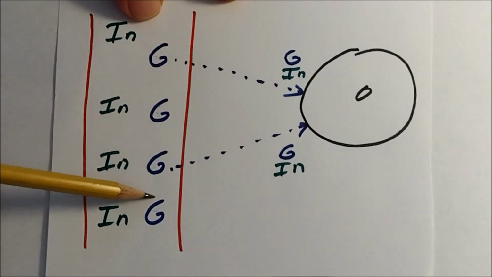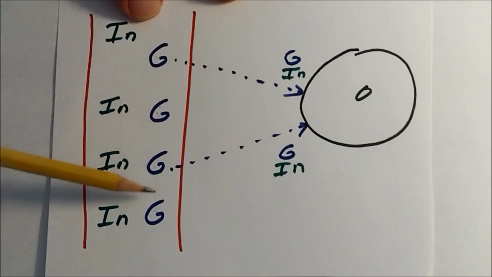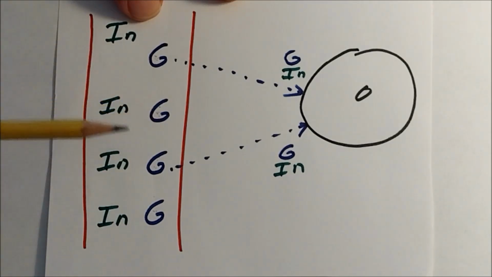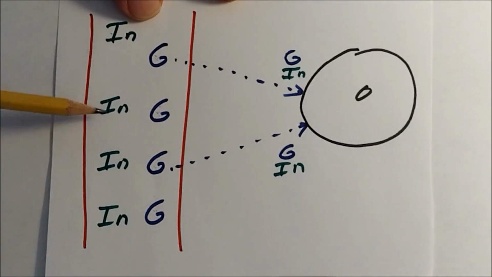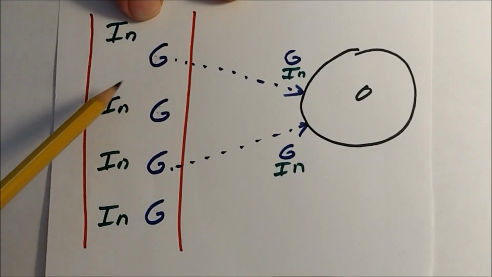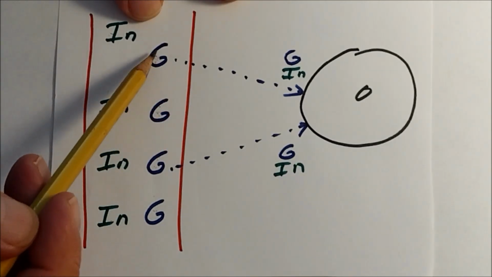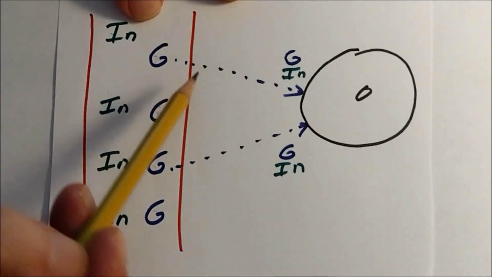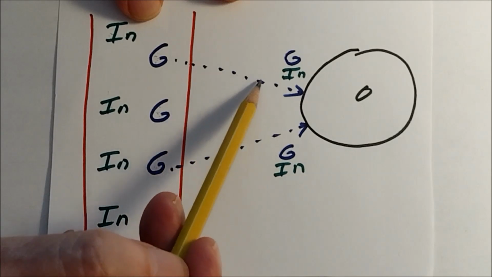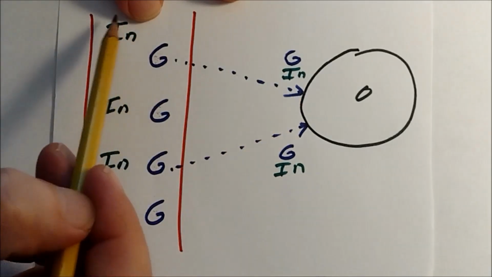High blood sugar level. When the pancreas detects this high blood sugar level of glucose, it secretes insulin into the bloodstream. So we have insulin and glucose together in the bloodstream. When the glucose leaves the capillary and enters the extracellular fluid on its way out to the cells, the insulin